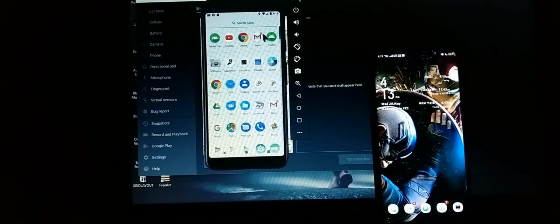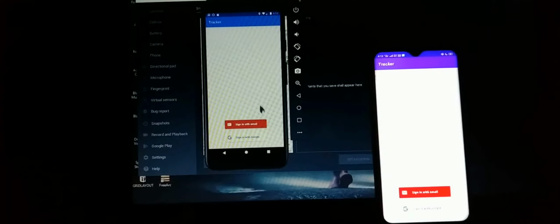So let's start. When the user opens the app, he or she needs to sign in with an email account. If he or she has a Gmail account, then he can choose this option.